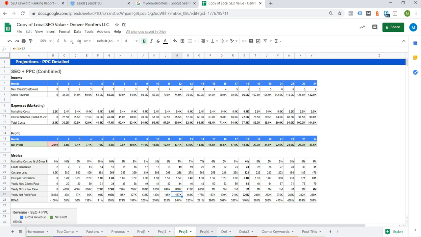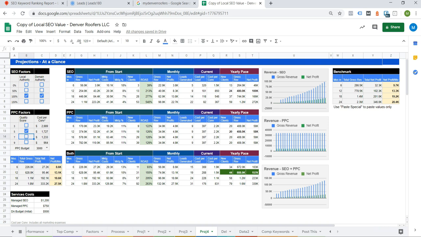Let's take a look now at Proj 4. This sheet summarizes the projections and enables us to evaluate the impact of location authority, domain authority, quality score, and PPC budget on our projections. For example, reducing our location authority from 100% to 50%, meaning 50% adherence to an optimized location authority process, would reduce our projected revenues by nearly